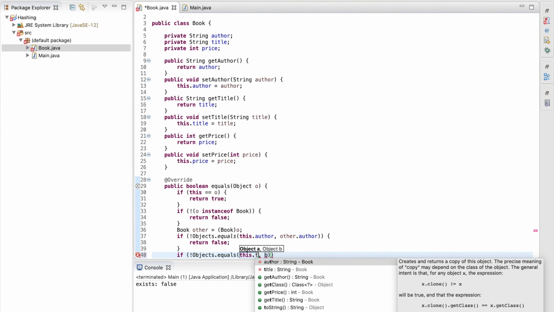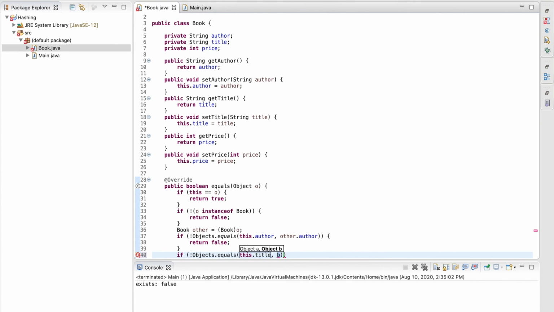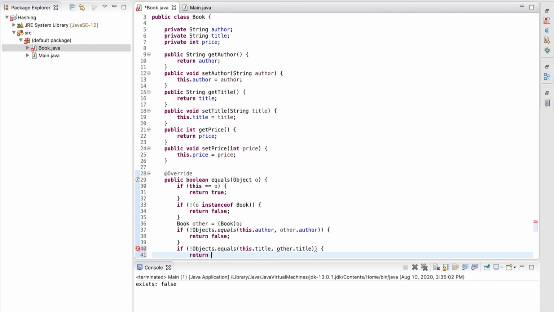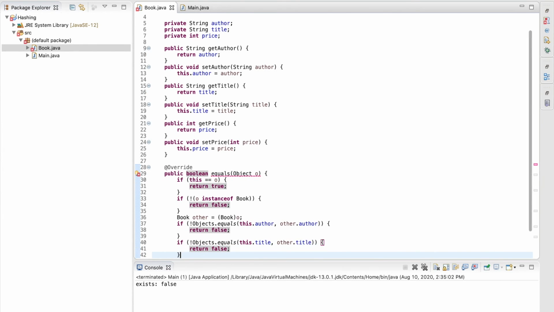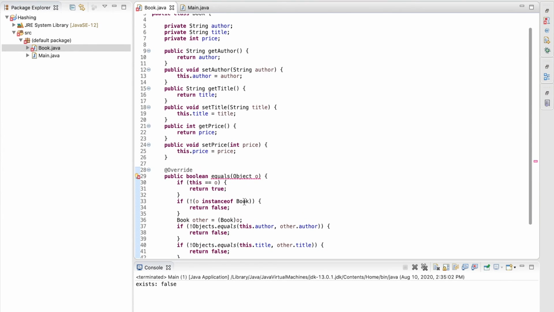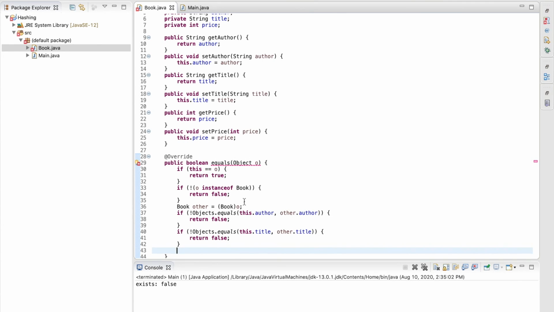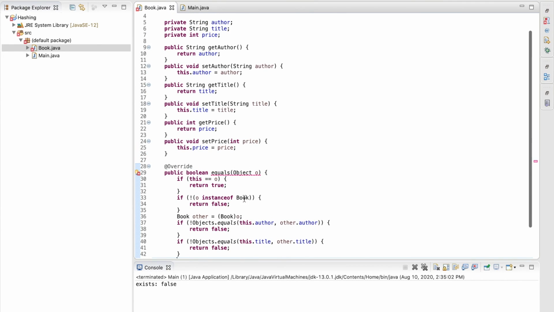Equals, and I pass in this.title and other.title. And then I return false. Now, I don't want to blindly compare all the properties, because I really just want to use the identifying properties. If the price of my book changes, but the title and the author are still the same, it's probably still